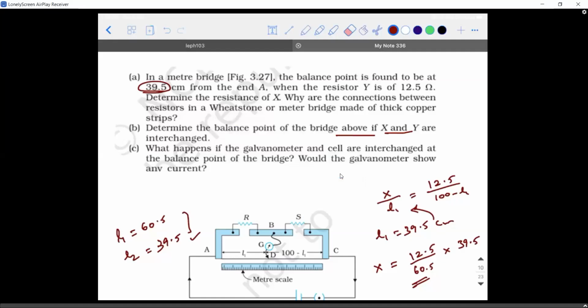Okay, so that's the whole story. This is all about the meter bridge, guys. I hope you are clear with what is a Wheatstone bridge and what is a meter bridge, right? With this, the main context of this chapter is over. The only part left out is cells in series and parallel, which I will be teaching tomorrow.